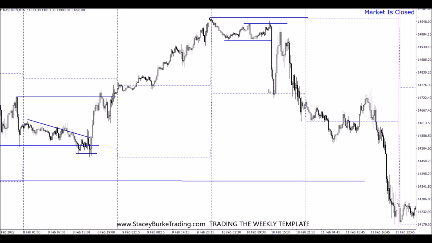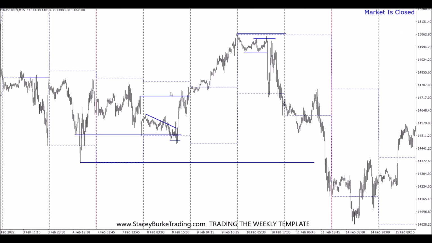Bang, all the way down. Where does it stop? At the previous day's low. Explodes back up and gets the guy that was short before dropping down and falling into the low for the rest of the session. So coming back and just taking our look, Monday, Tuesday, Wednesday, Thursday, dropping down, Friday pulling back